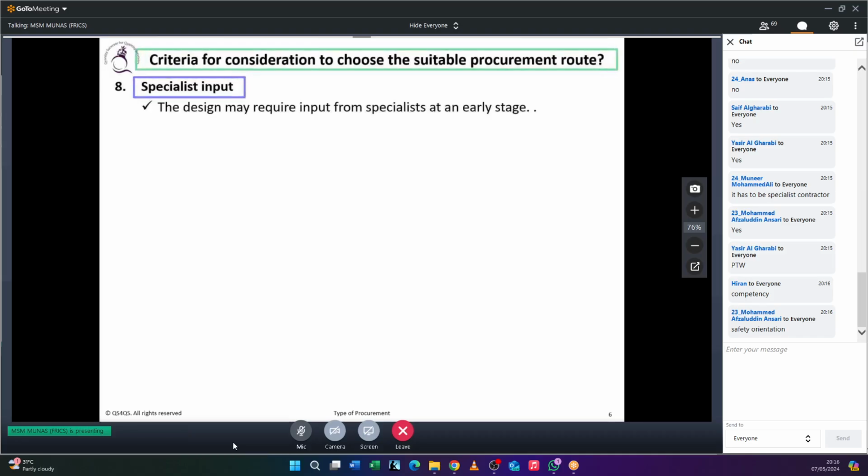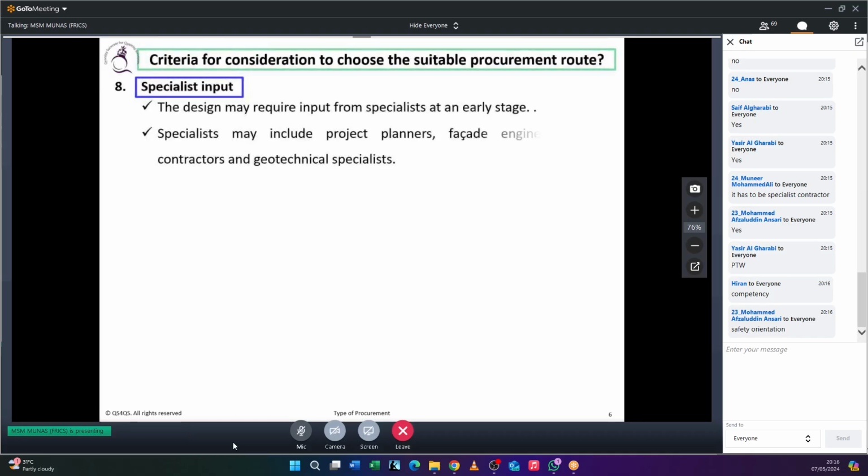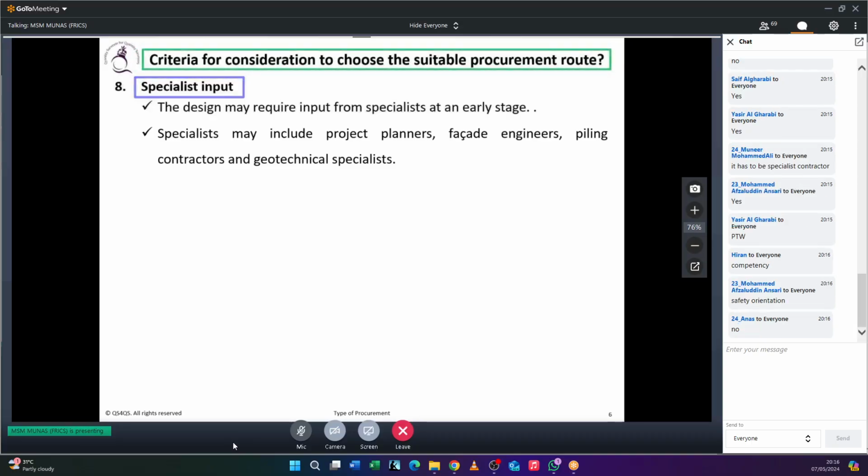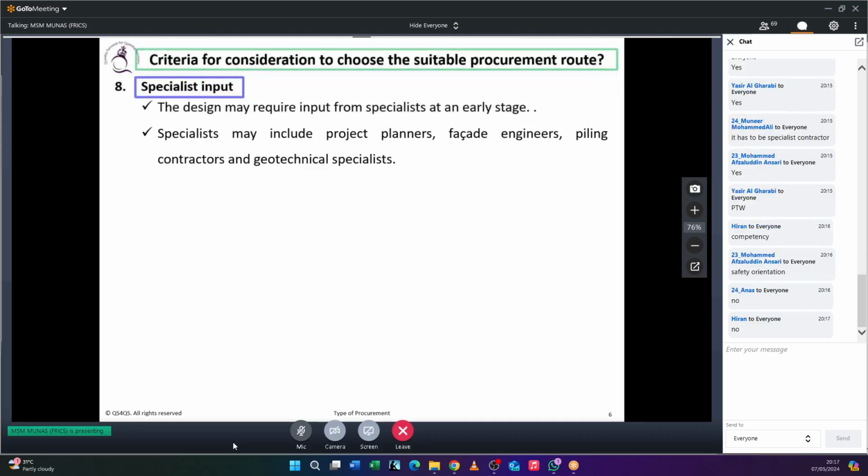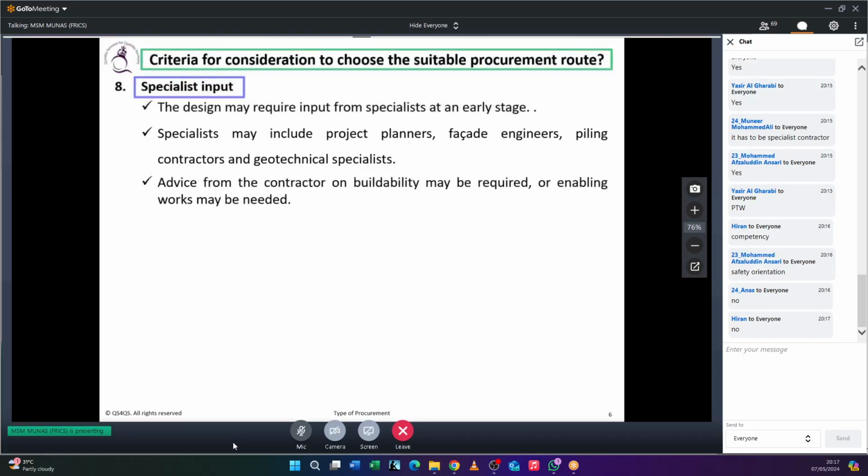In the same way, an inexperienced contractor will not be entertained in a specialist project. Let's say piling construction, where there are adjacent very high-rise buildings. Can you give that work to an inexperienced contractor who doesn't know how to do piling works without impacting the neighboring building? No, that kind of thing. You have to go for a specialist, where all the concerns need to be fulfilled.